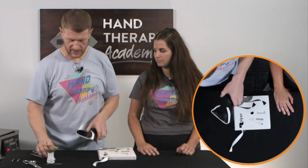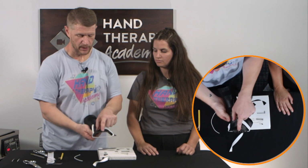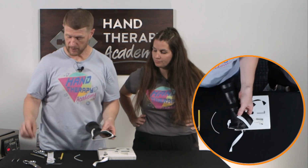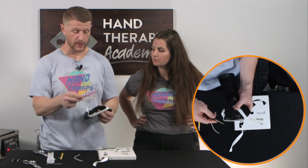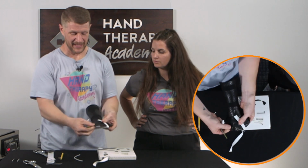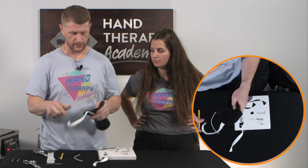So I've got a piece cut here already, but what I need to do is take those yellow dots, there's 6 of them because I have 1, 2, 3 web spaces, 2 holes each. I need to make those just a little bit bigger. I have an awl or a hole punch. If you have a leather punch, you can punch a hole in there. In this case, I could heat it. Honestly, I just kind of shove it through there and make that hole a little bigger. So I'm going to go ahead and do all 6 of those. And then I'll do this real quick while I'm...